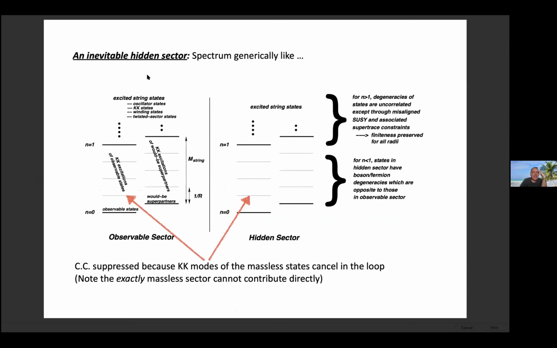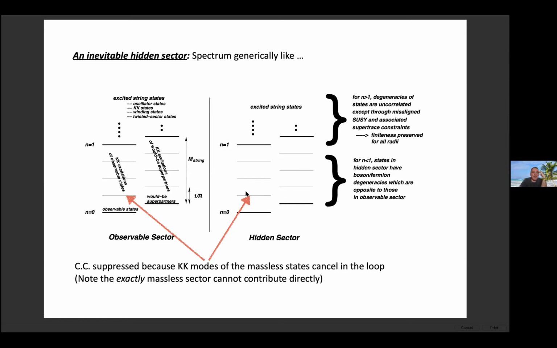So this is the first thing you can say. If I insist that NB equals NF, then that's true for all of the Kaluza-Klein modes, but it is reflecting what is happening in the massless sector. So if I look at my observable sector, I have to match it, NB minus NF, which is not 0 nowadays, with a hidden sector. So the first thing that you can conclude is that a hidden sector is kind of inevitable in these theories. You can't really avoid it.